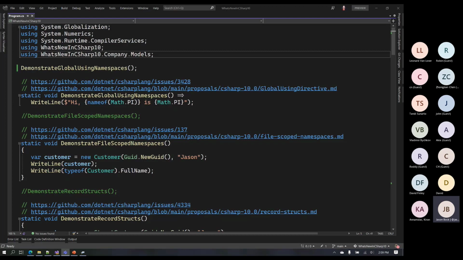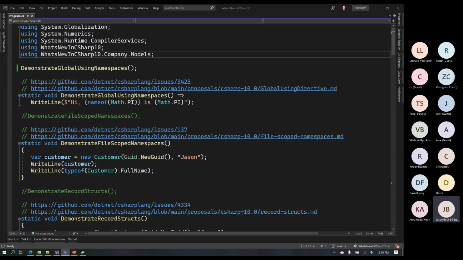Okay, so this code is written in a style that was enabled in C# 9, which is called top-level statements. You don't need the program class and the main method. I'm using this all the time now. I find it to be a much cleaner way to build that top-level main method. Some people don't like this stuff, but I'm finding I really, really enjoy it, and it makes things a little bit cleaner and simpler.